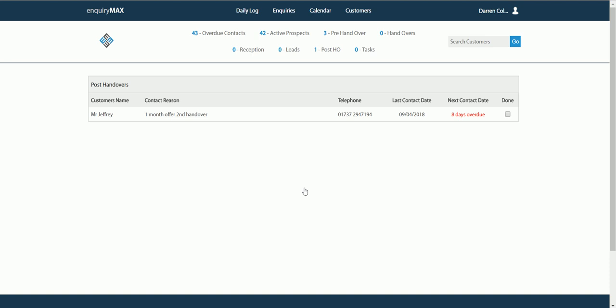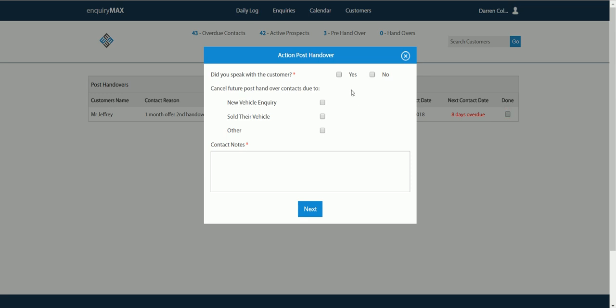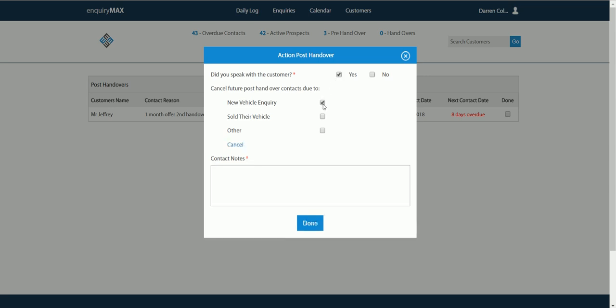On the other hand, let's say I'm phoning the customer and he says, thanks for your call, but I've decided to sell the car, or I am actually interested in replacing that vehicle now, I've had it a little while. If you tick any of these, it still allows you to put your notes in, but it won't force you to add a future diary entry. So the contact notes on this one are: interest in new vehicle, inquiry. Okay, so when I click done to that,